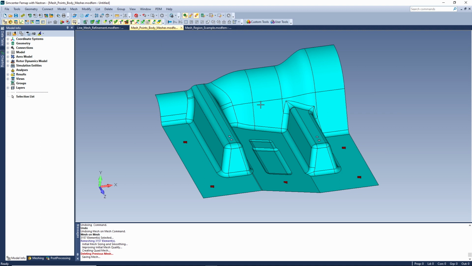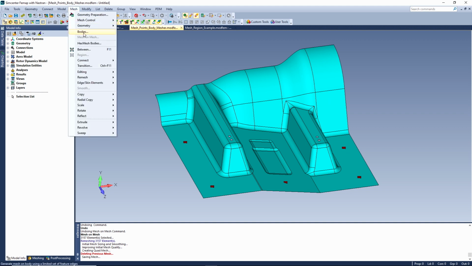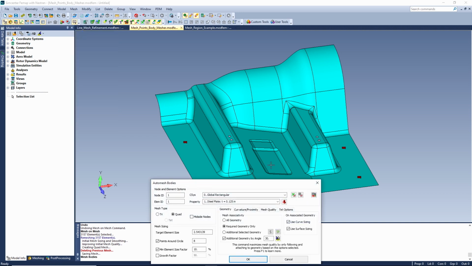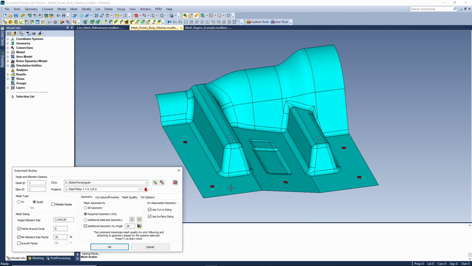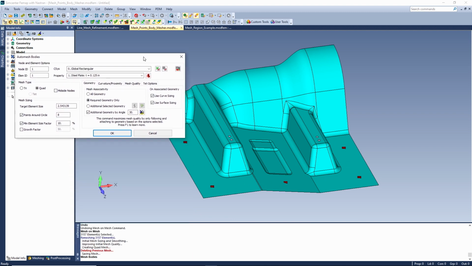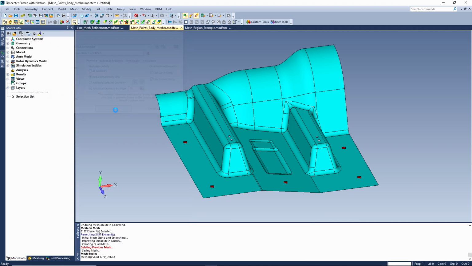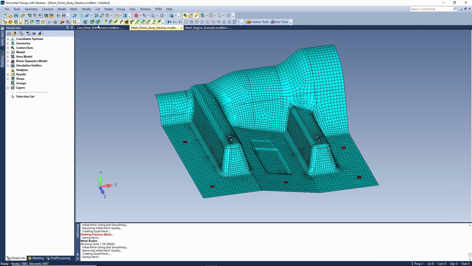Another thing that we did for 2301 was we added the ability for the body mesher, which is used by both the mesh bodies and mesh on mesh commands, to be able to recognize mesh hard points, which are these red points on the model. So I'm just going to use our default mesh size, and you're just going to see after we're done meshing that all of the nodes with the closest proximity to the mesh points